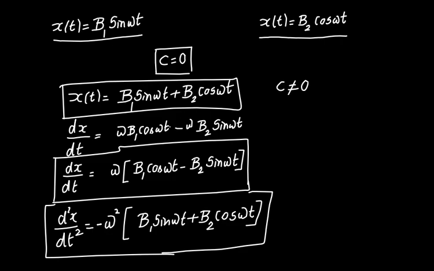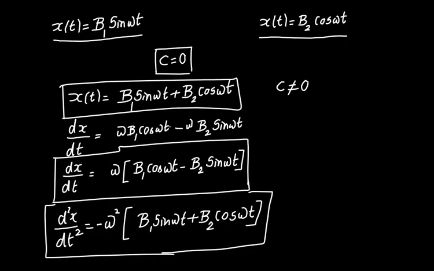The governing differential equation is m into d squared x by dt squared, and d squared x by dt squared is minus omega square into b1 sine omega t plus b2 cos omega t, that's right,